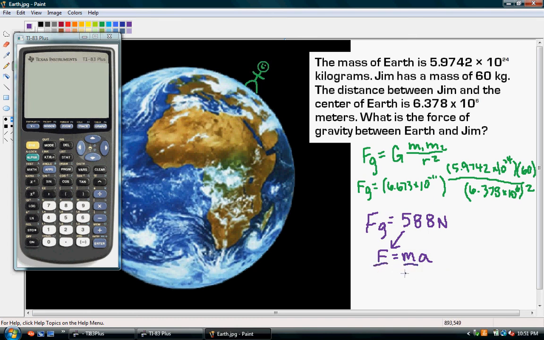We could divide both sides by Jim's mass to find out the acceleration of the Earth on Jim. So acceleration would equal force over mass, which would be